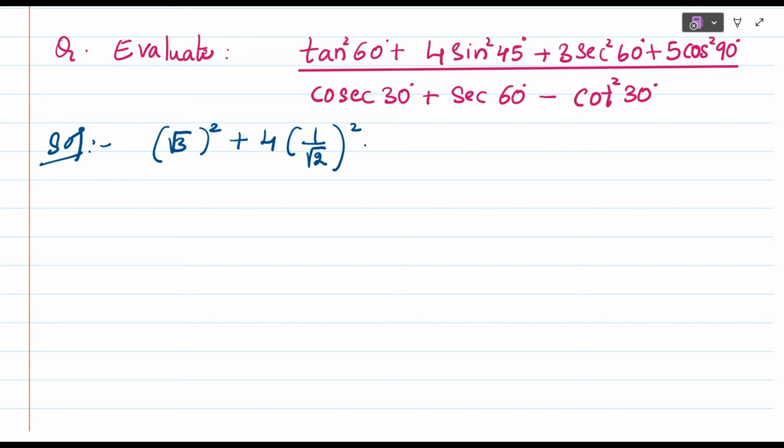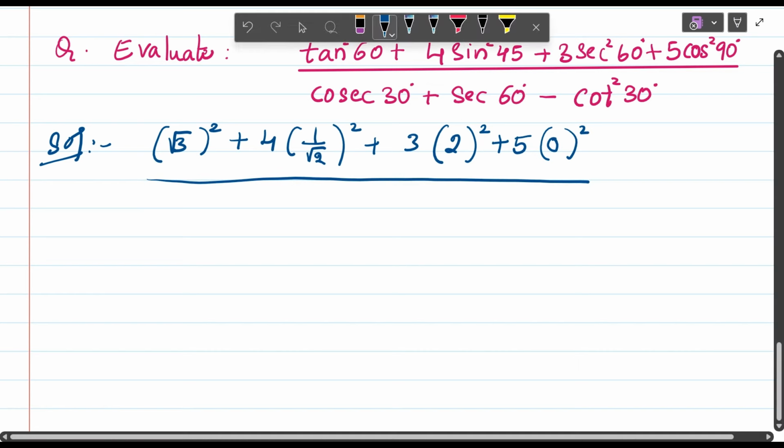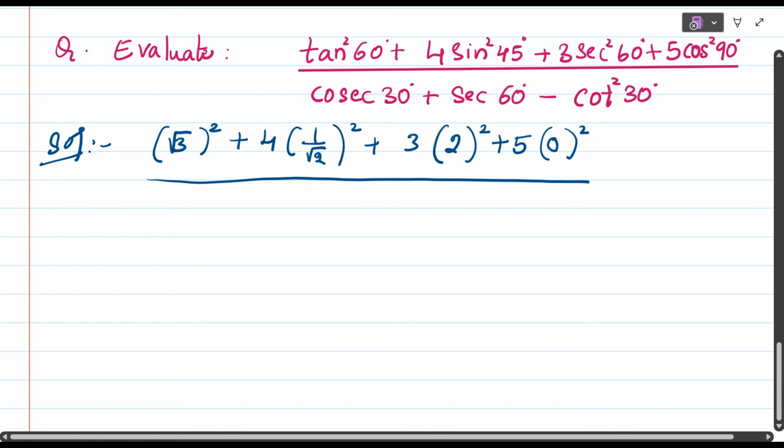Whole square plus 3 into secant square 60 degrees. What is the value of secant 60? 2 whole square plus 5 into cos square 90 degrees. What is the value of cos 90, students? 0. Okay. Whole square whole divided by, so cosecant 30. Okay, so reciprocal of sine 30, you can write here sine 30 is 1 by 2 and cosecant 30 is